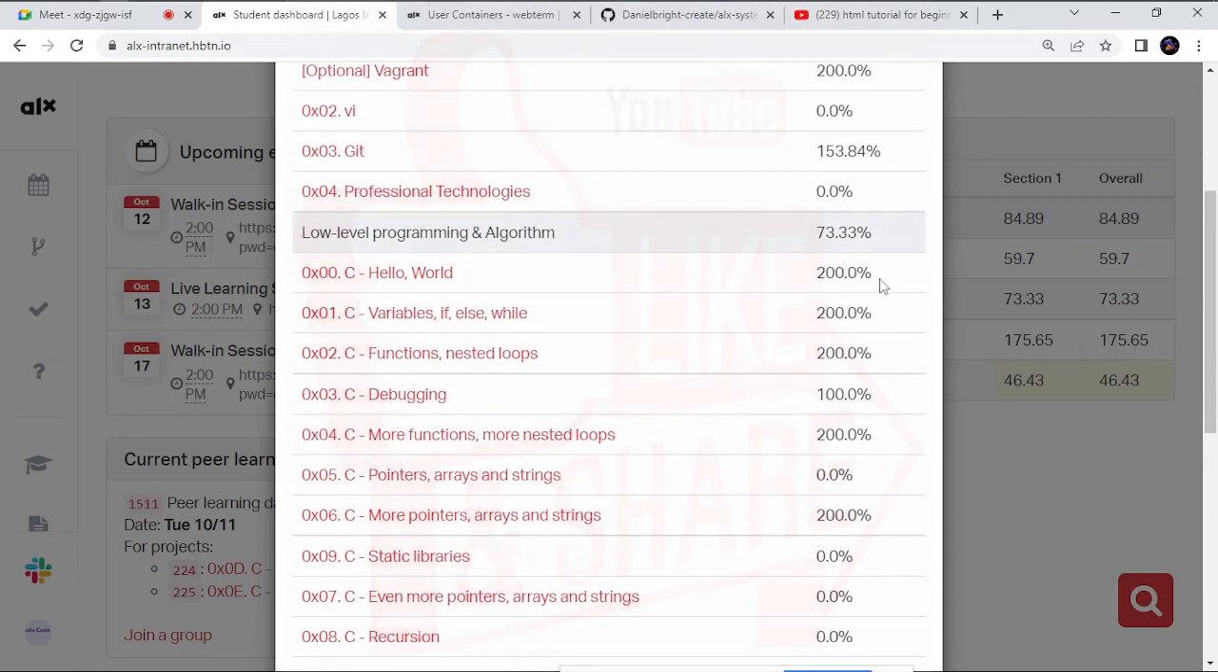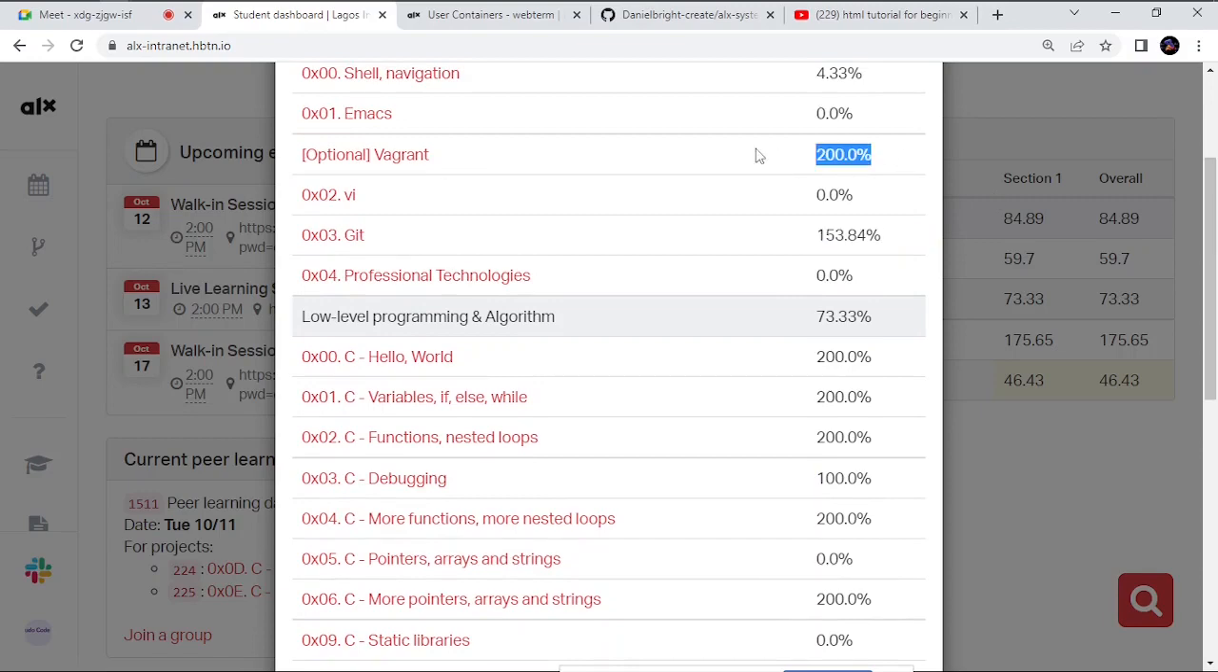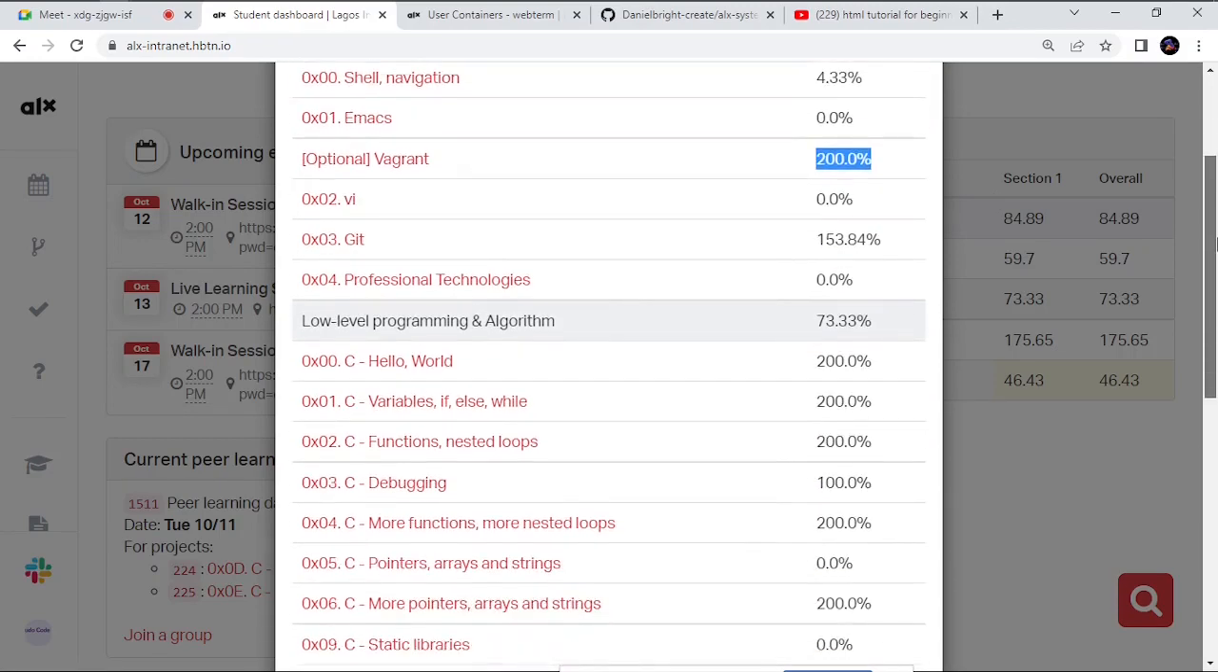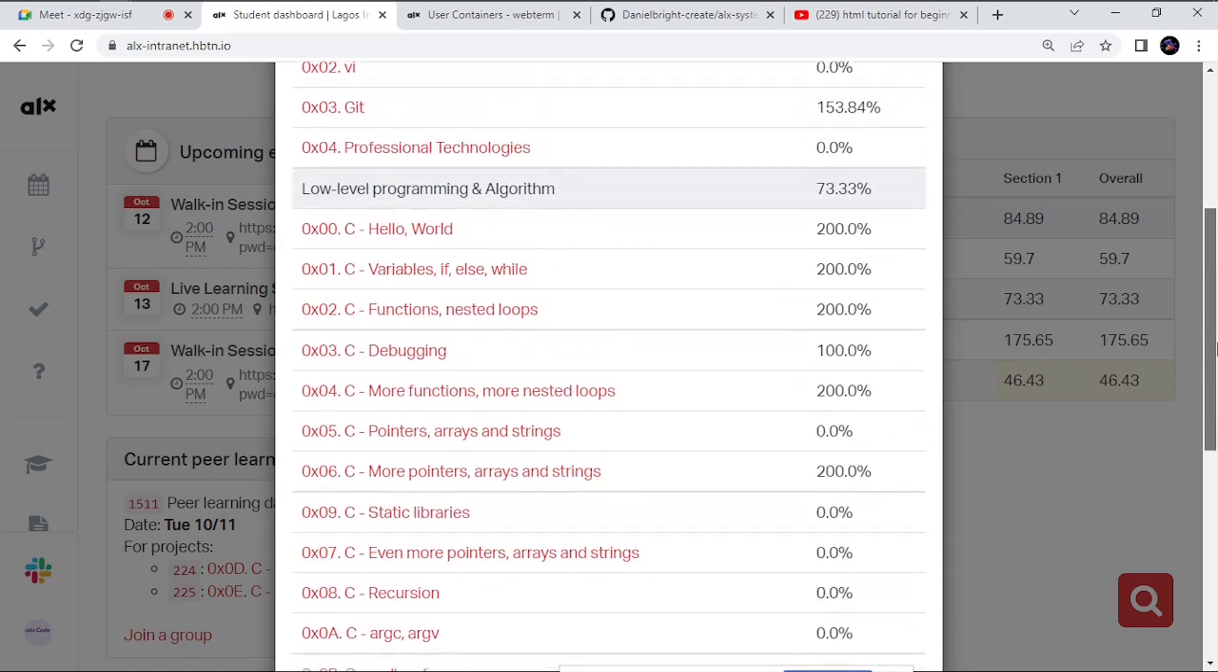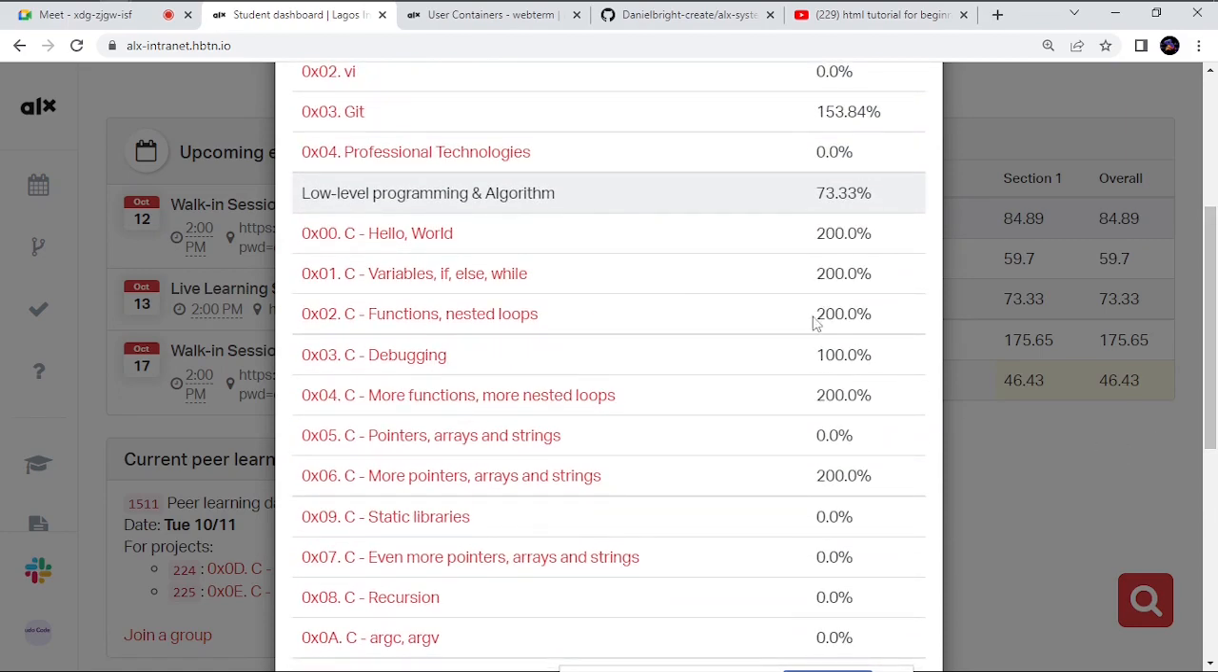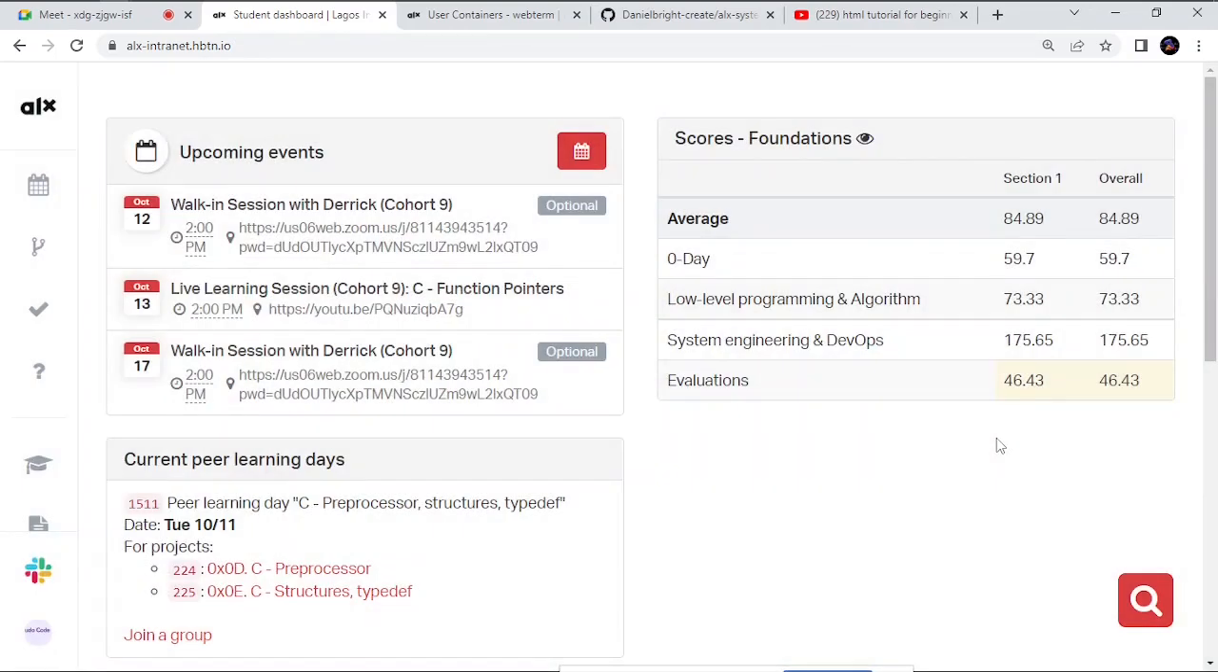But look at these ones. 200, 200, 200, 200, 100, 153 points, 200. You see how they are now balanced? For the ones you know, know it and know it well. At the end of the day, remember this: for every project you learn, your goal,